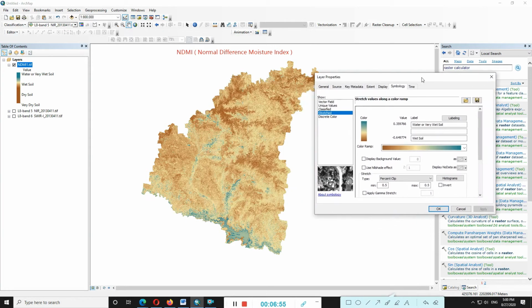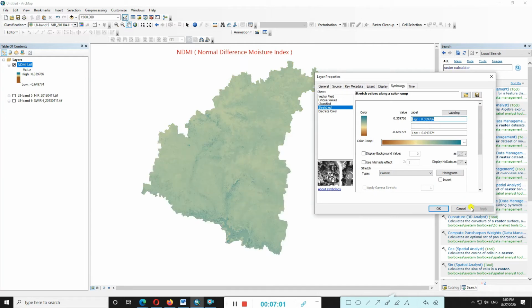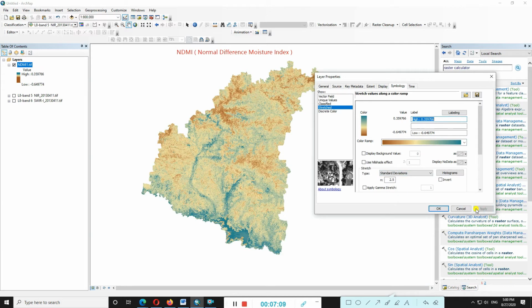Here we can look at the different types of results. Click on the first option, we select customize, and apply. You get a result like this. Select the second option, standard deviations, and apply. You get a much better result compared to the previous one. Then we apply histogram equalization and get results like this.